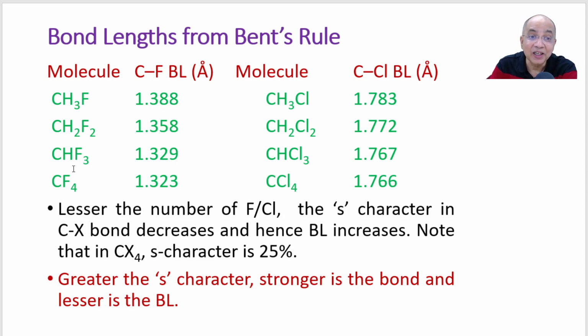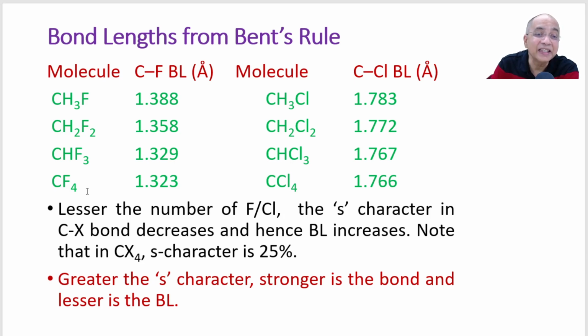But as more and more hydrogen is substituted, S character is squandered away, hijacked more by the hydrogen side. So less S character will be found in the CF bond. So less S character means the bond length increases. More S character, bond length decreases. Less S character,